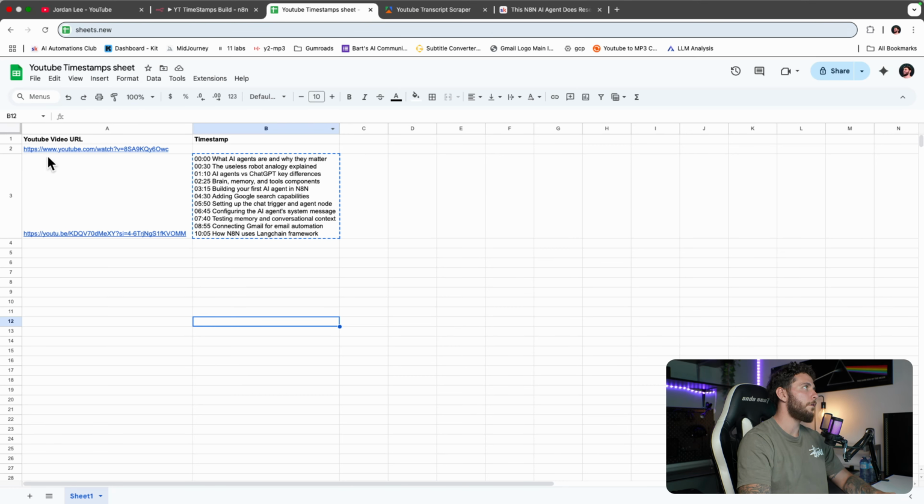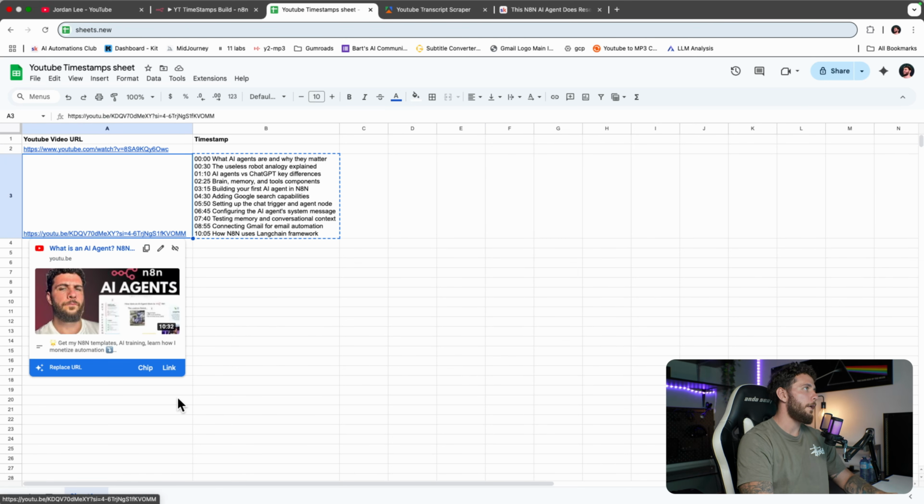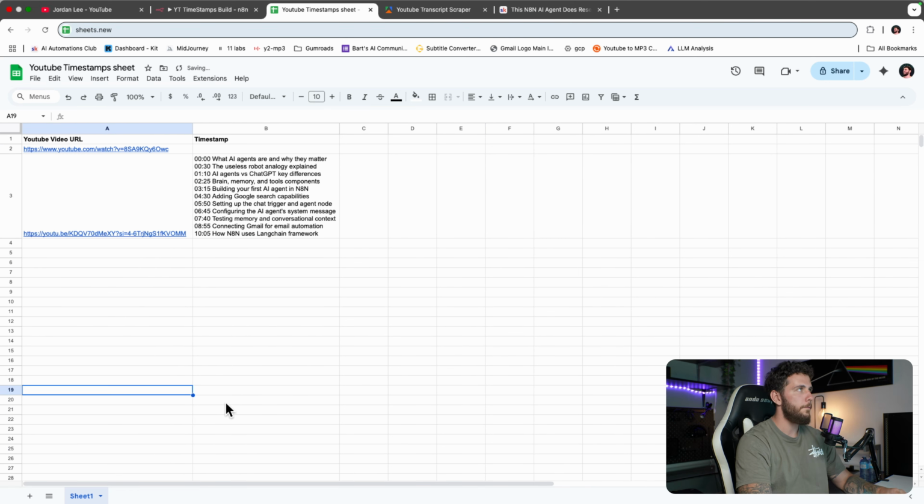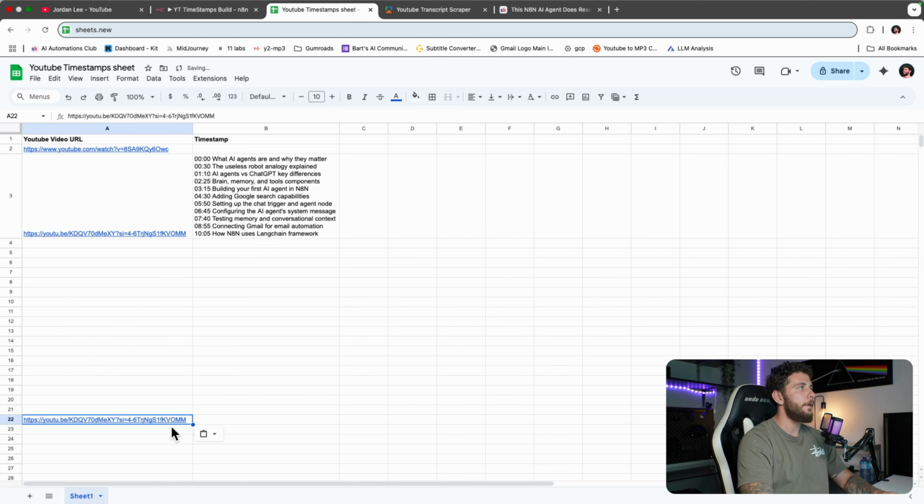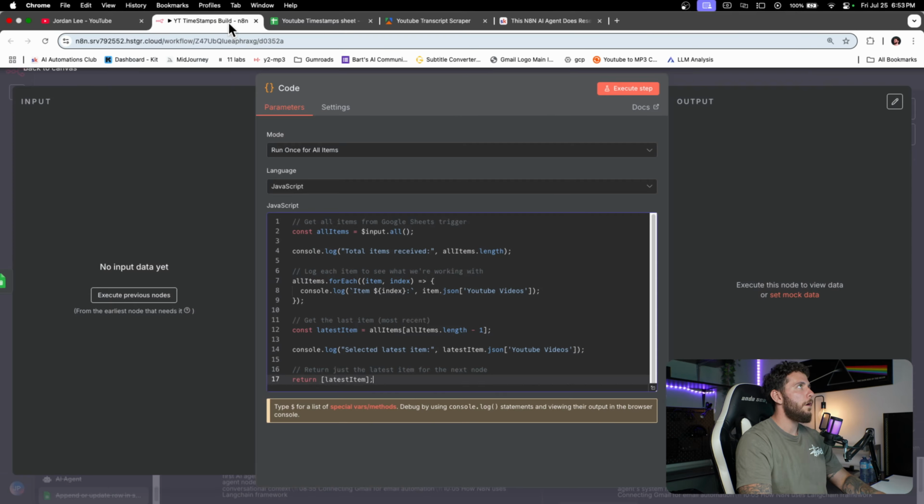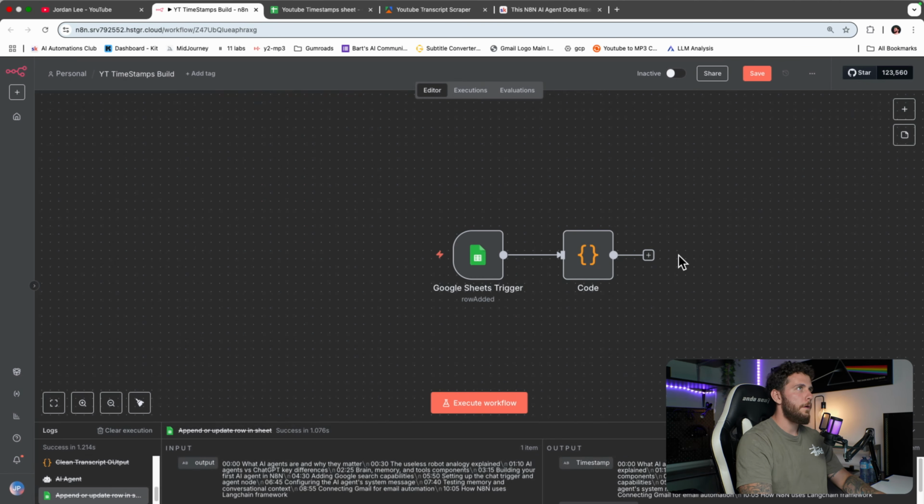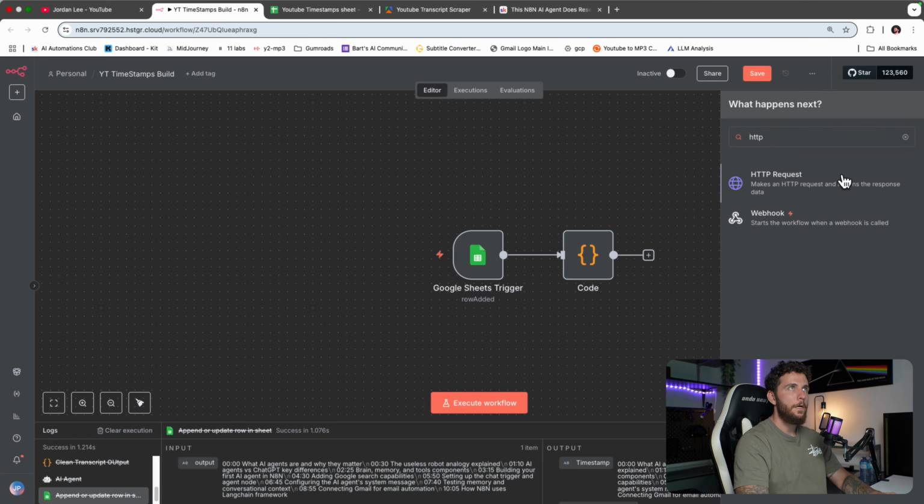If you come over to our sheet here, if we don't enter in this code, it's just going to keep pulling this first link. But with this code, any link that we add here, if we copy this and add it here, it'll pull the latest link and then move on with that automation. So now that we have our latest link, we will add in an HTTP request,